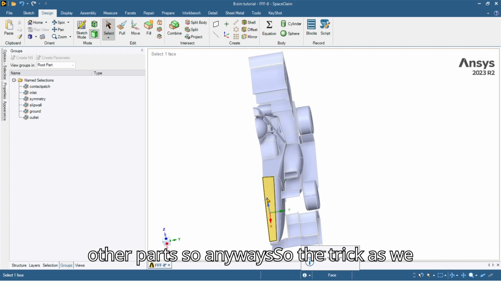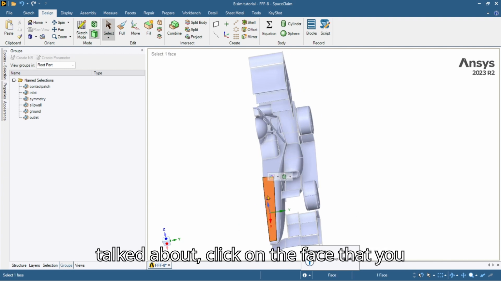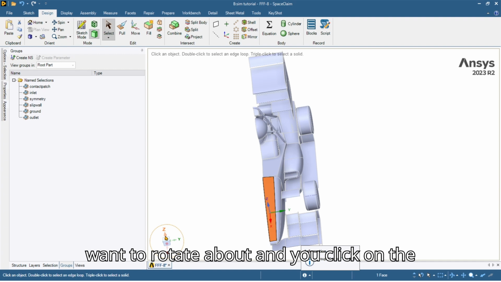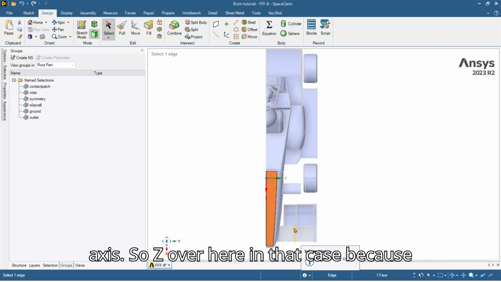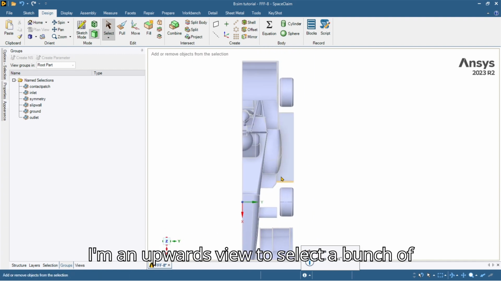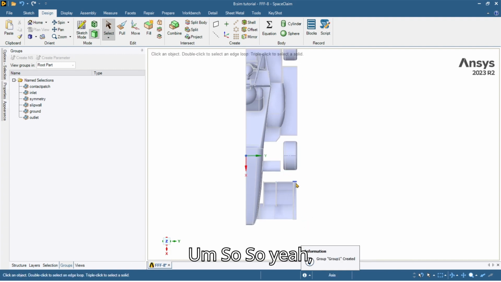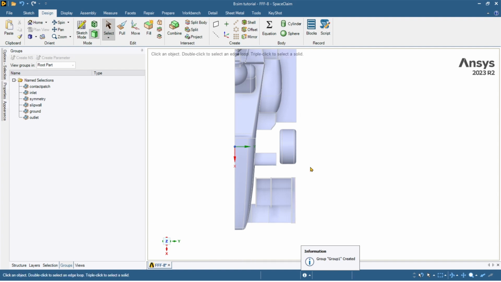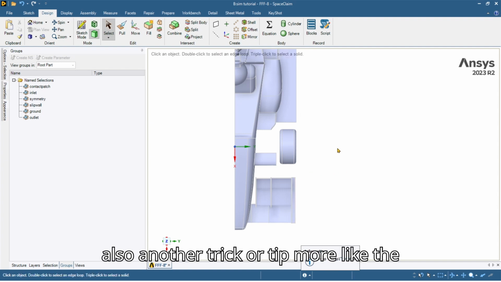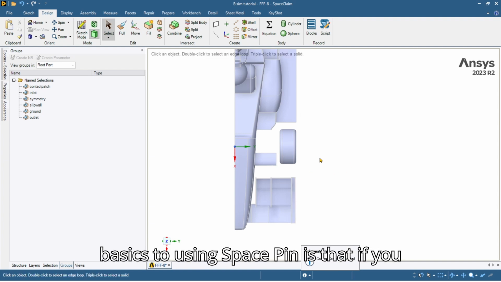So anyways, the trick, as we talked about, click on the face that you want to rotate about, and you click on the axes. So Z over here in that case, because I'm going to an upwards view to select a bunch of the parts like the wheel, the end plates. So yeah. Also another trick or tip, more of the basics of using SpaceClaim, is that if you select